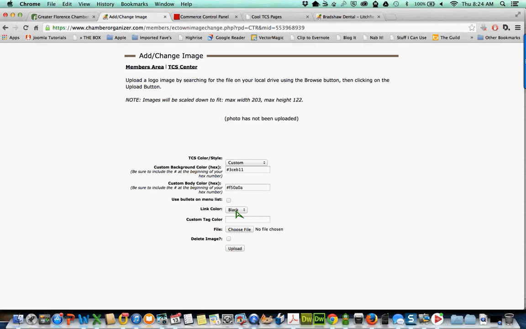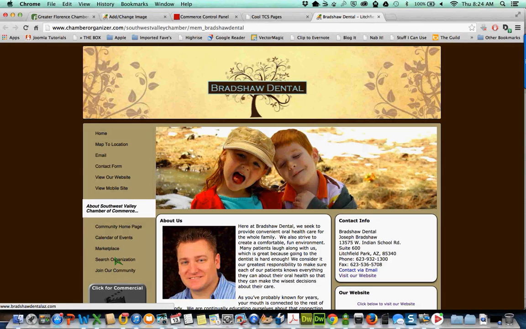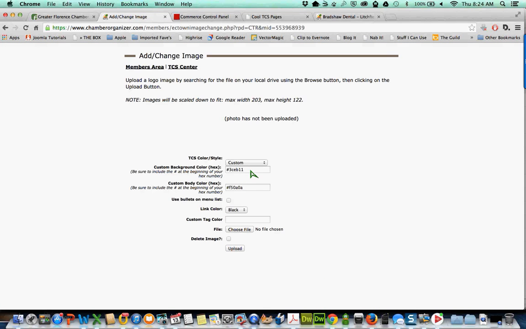Then the link color is what color you want these links on this left-hand side. So that's what that's talking about. So depending on what color you've chosen, you can choose black, white, or blue. And keep mine black. And then custom tag color, this gives you the opportunity